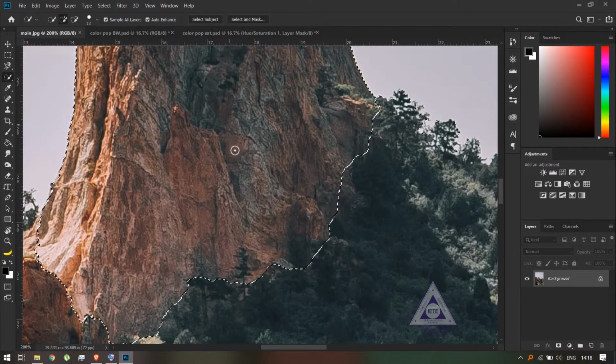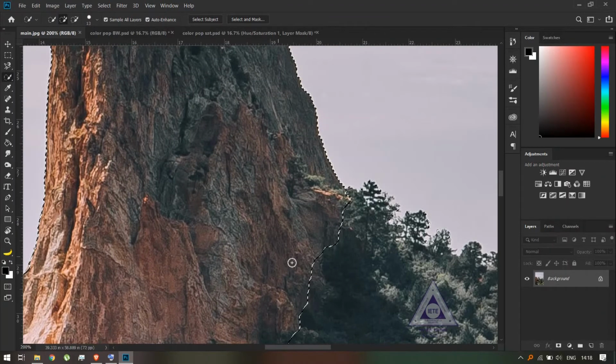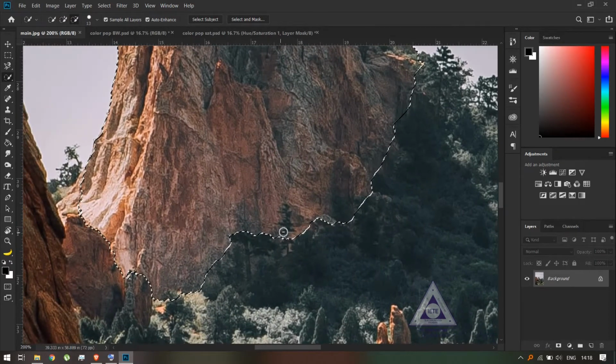So you can drag the mouse around and select the area, but along the edges I prefer just clicking because it makes the selection much more precise. So as you can see, some parts of the trees were selected here also. So I again just press the Alt button and I'll deselect them. So yeah, those parts were deselected.